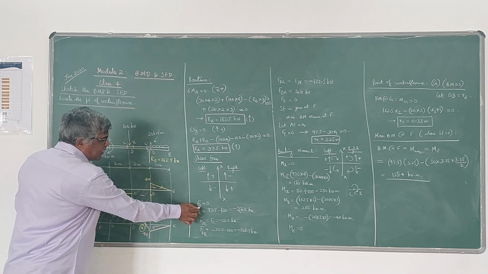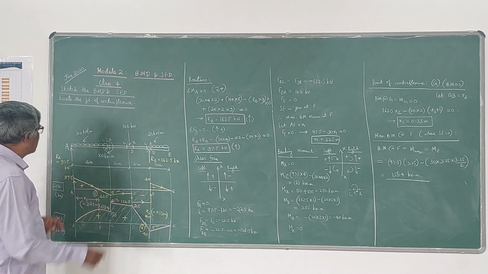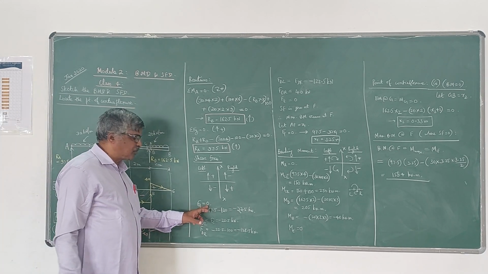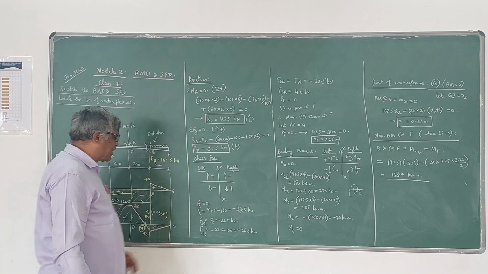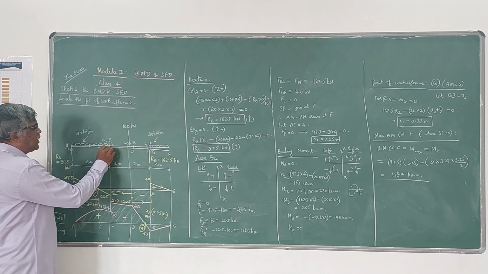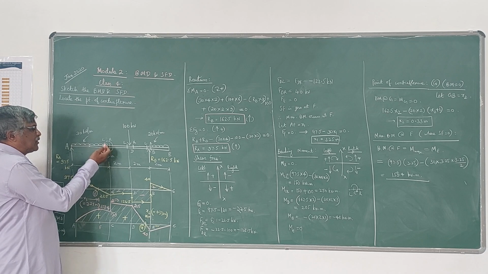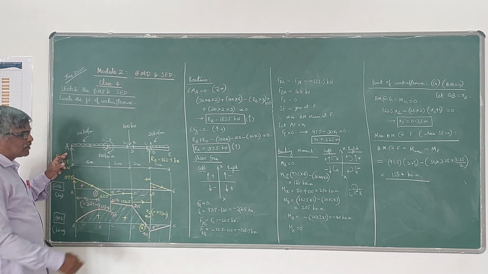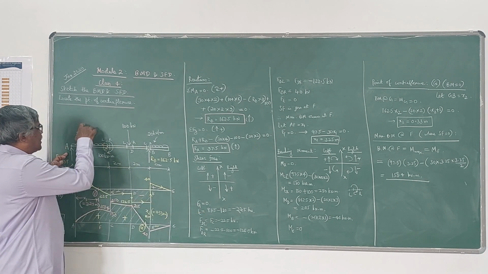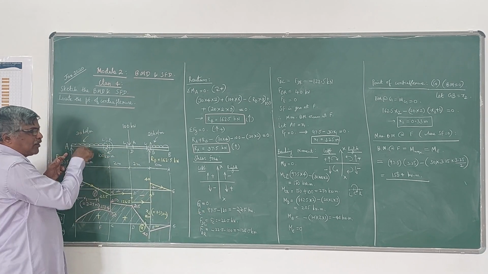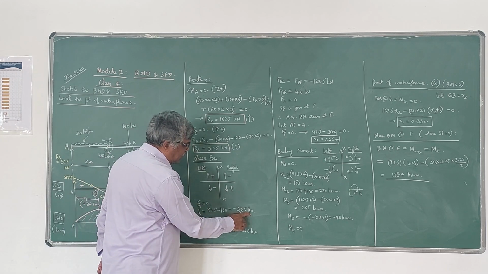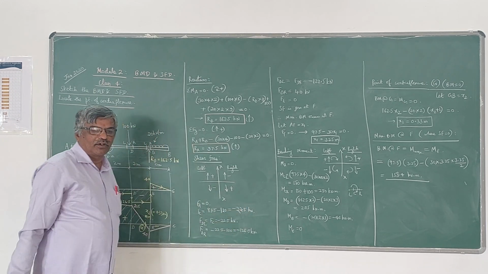So first I will take up FA. FA is the shear force at A. If you see the left of A, no force is there, therefore shear force is 0. Next point is FC, shear force at C. See to the left side. Left side we have this 97.5 kN upward, so it is positive, and this 30 into 4, this is negative because it is acting downwards. So 30 into 4 is 120, so therefore the value is minus 22.5 kN.